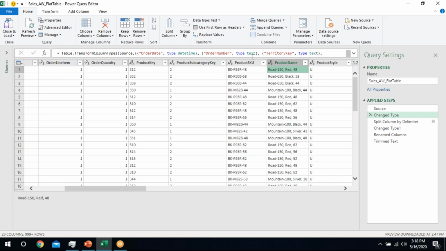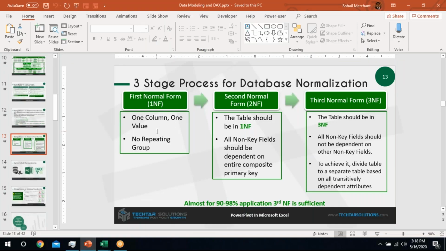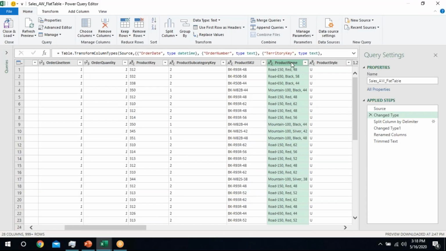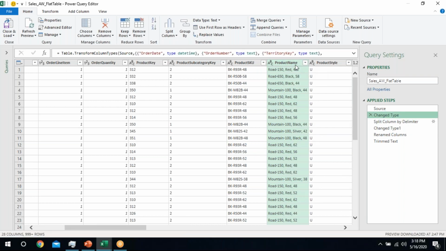Okay, so this column does not satisfy our first NF, which says one column for one value. So what we have to do is split this column. I've already split this column. How do we split this column? We have to select the column, go to Home, split column by delimiter.